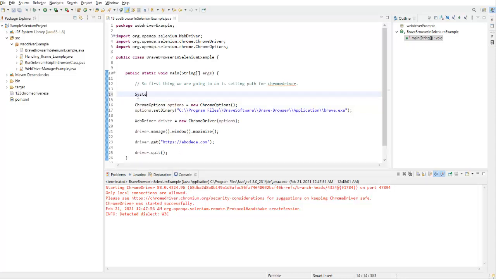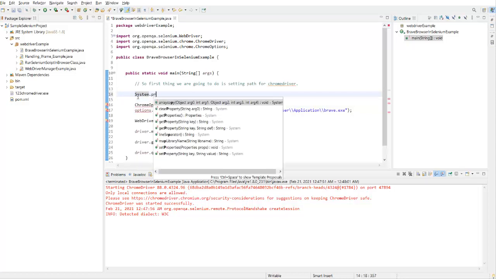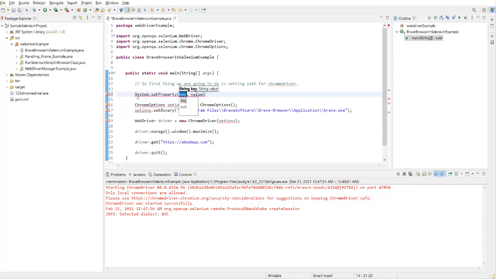need to set the system property. So here I'm calling System.setProperty, and we need to pass webdriver.chrome.driver. This is the default property name that is declared somewhere in the Selenium Java API.